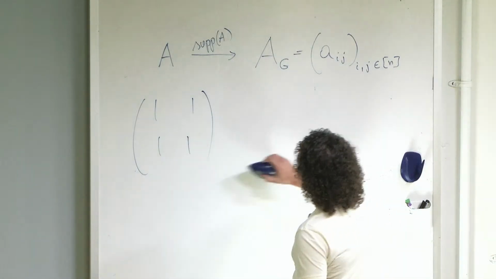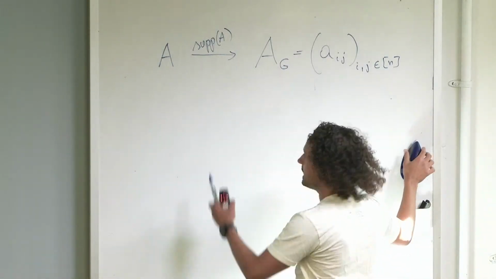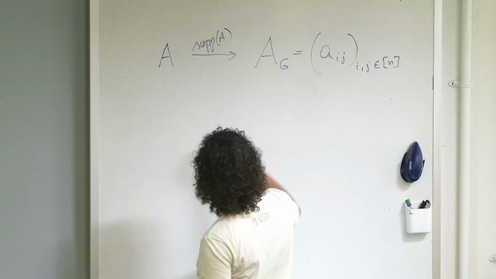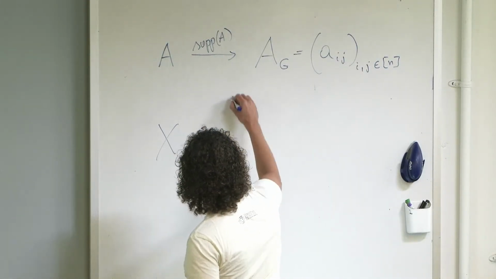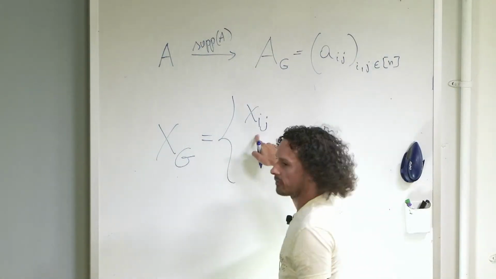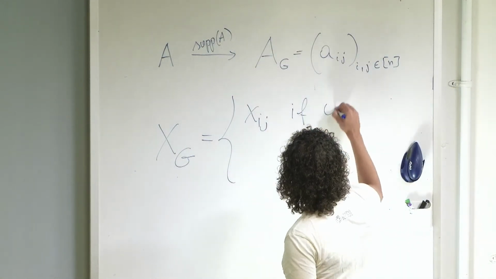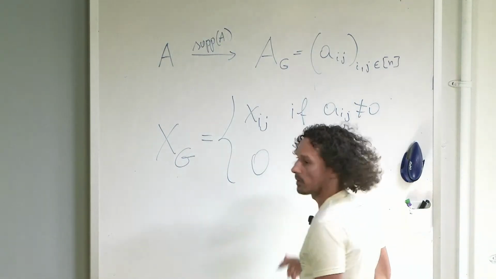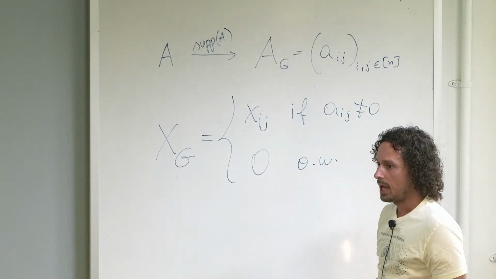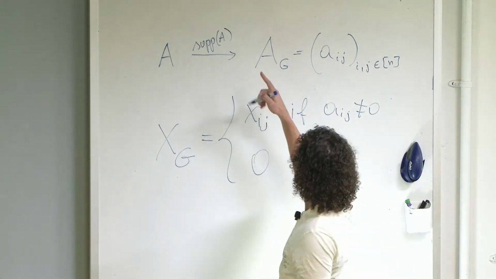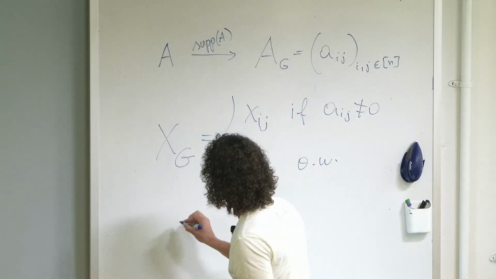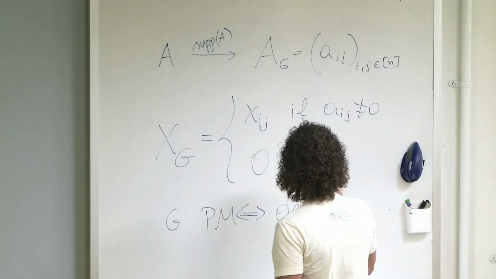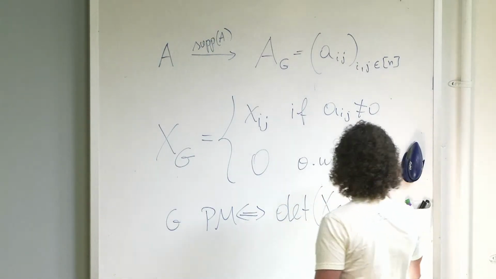However, if I replace the entries from being 1 to being just distinct variables. So here's the matrix I'm going to construct. It's the matrix X_G, which is going to be a fresh variable x_ij if a_ij is different from 0, and 0 otherwise. Then this graph G has a perfect matching if and only if the determinant of X_G is different from 0 as a polynomial,